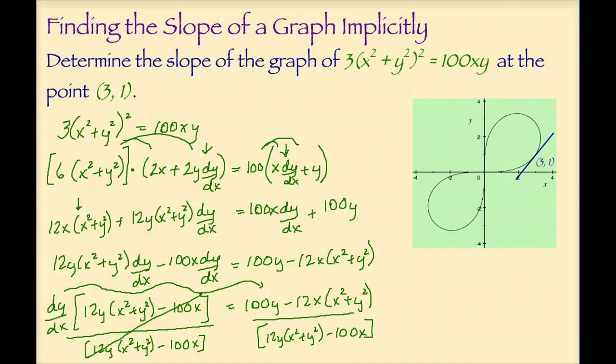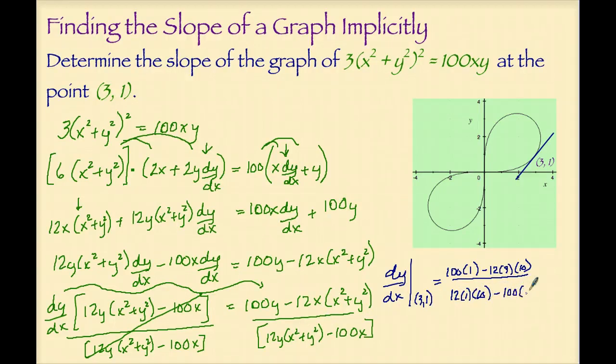I think we should change colors. We're going to have now dy dx at the point (3, 1). And as I plug the x and y coordinates into our derivative, we'll have 100 times 1 minus 12 times 3 times 3 squared plus 1, which is 10. The denominator will be 12 times 1 times, once again, 3 squared plus 1 squared, which is 10,